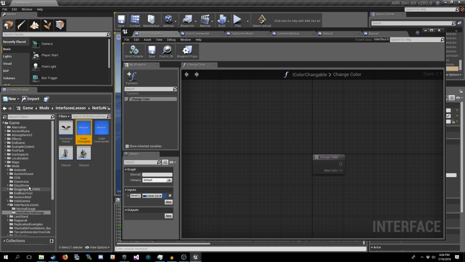directory structure for your mod, because it's basically like declaring that this class exists. So if I wanted to release these two interfaces here, I would have to make sure that people knew that in the mods folder, there's this interface lessons folder, then there's the not so normal usage folder, and then the interfaces are inside of that.